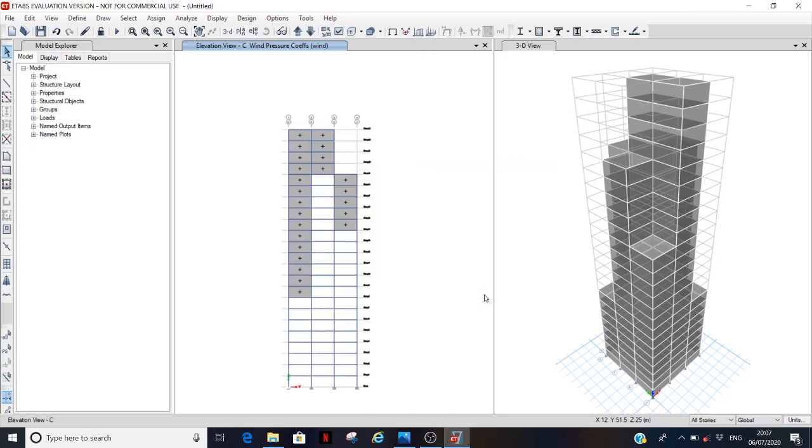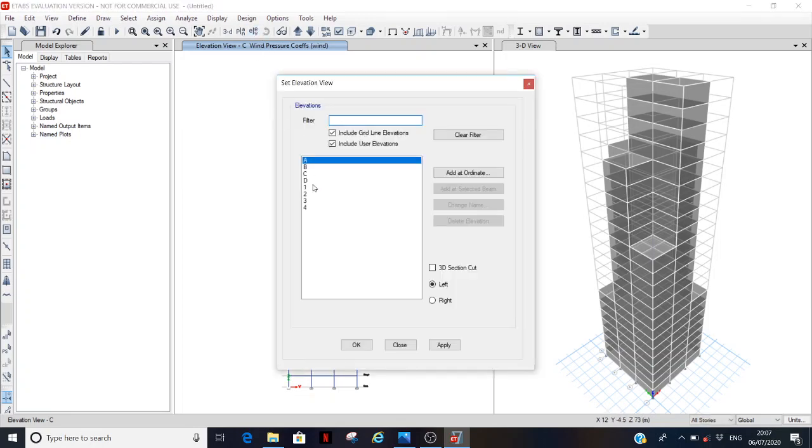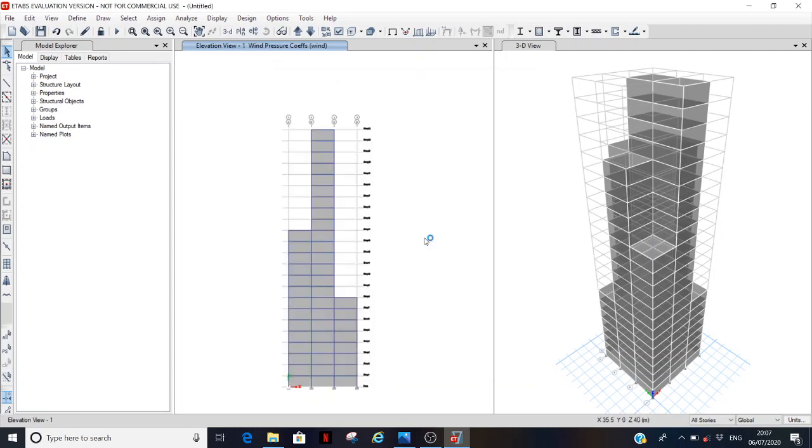Now we'll refer to the elevation sides 1, 2, 3, 4. Go to the elevation, select side 1, click on OK. Here, as per the figure in the IS code, the elevations of sides 1, 2, 3, 4 have the same value of wind pressure coefficient.